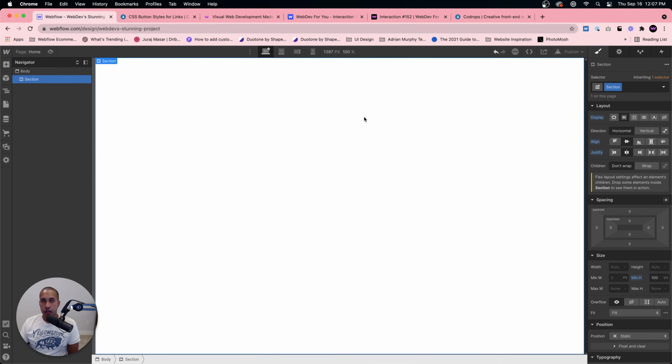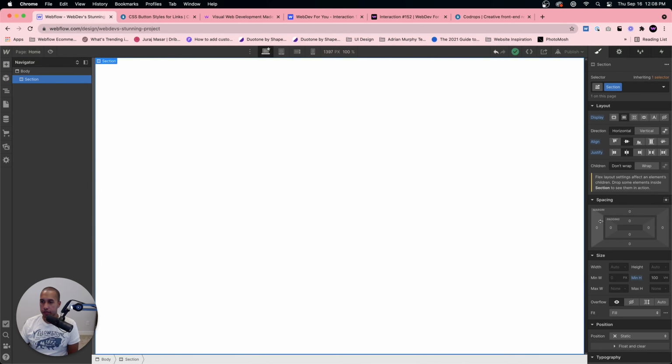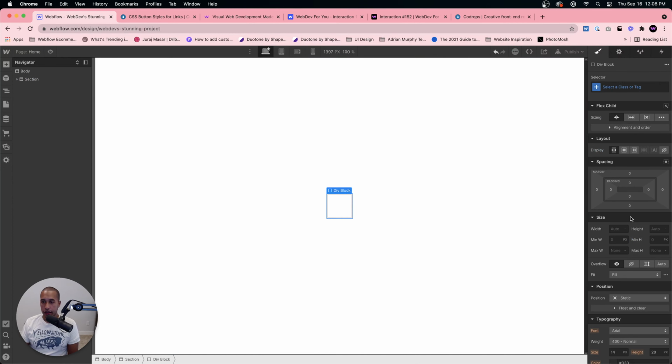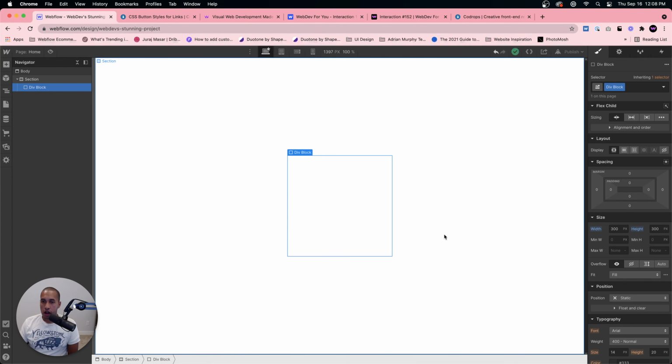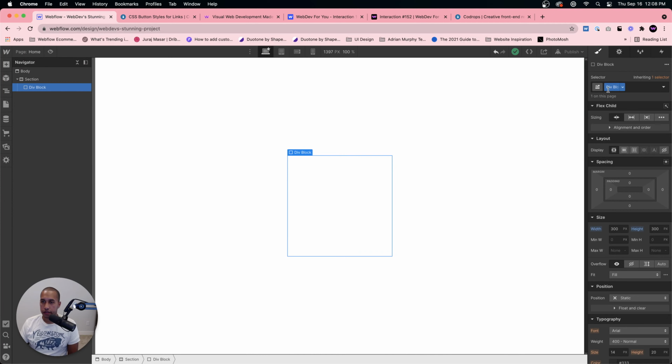All right. And for the button, I'm going to make it really large initially so we can all see it as I'm working on it. So this button is probably like 100 by 100 pixels in width and height. So I'll add a div block, and we'll do like a 300 by 300 pixel button. And we'll make it smaller later, but this is just to make it big so everyone can see it as an example. All right, cool. So yeah, we have the gray color initially. So I'm going to give this div block, I'm going to call this button